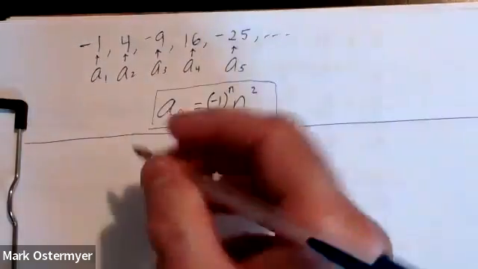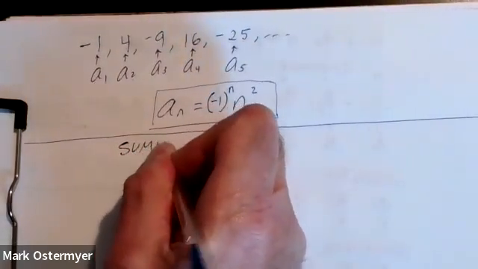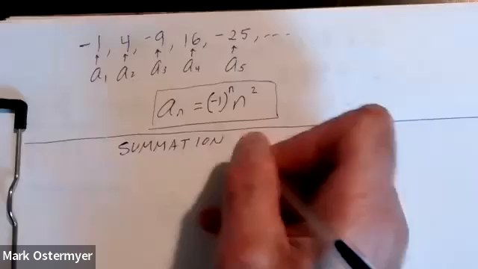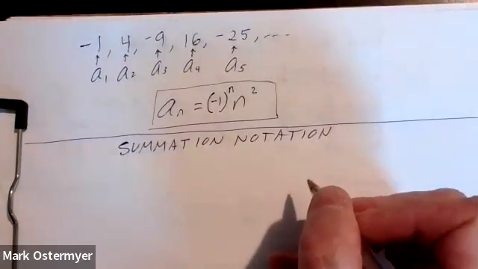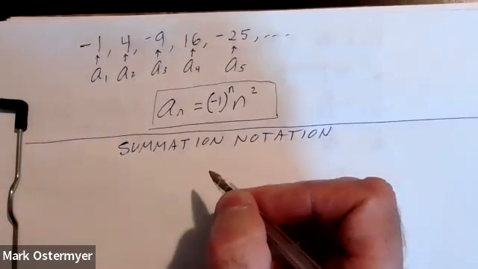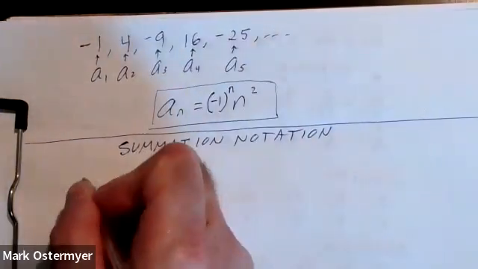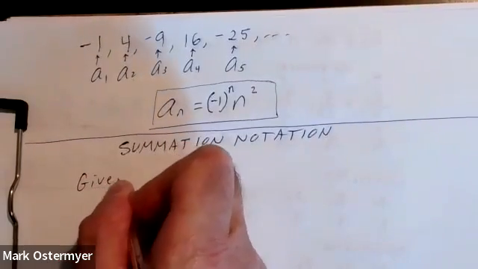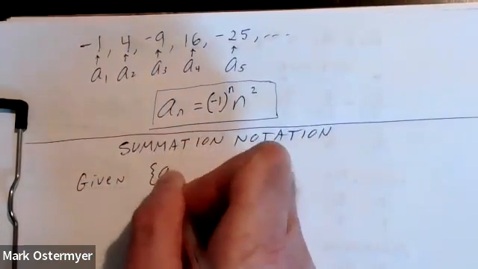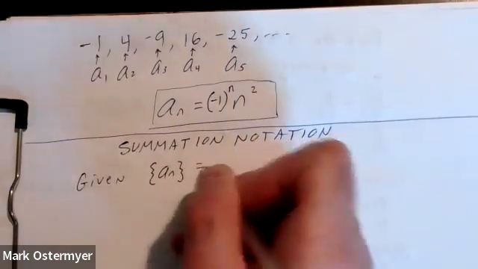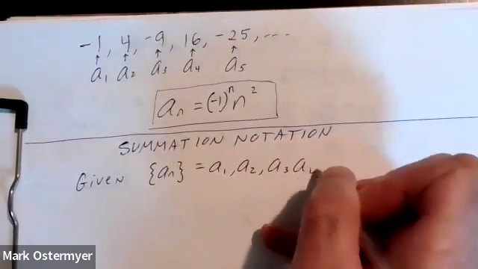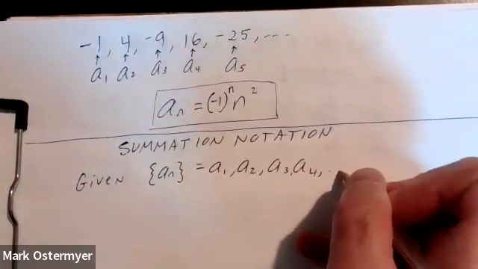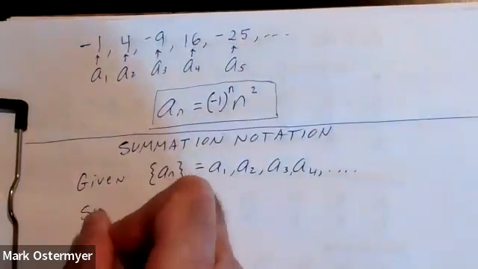All right, to close out this section here, we're going to look at what is called summation notation. And summation notation is used to represent what is called a series of a sequence. So I'm going to lead up to the definition of a series. Given a sequence here, in general, if I have some sequence, then we say the sum